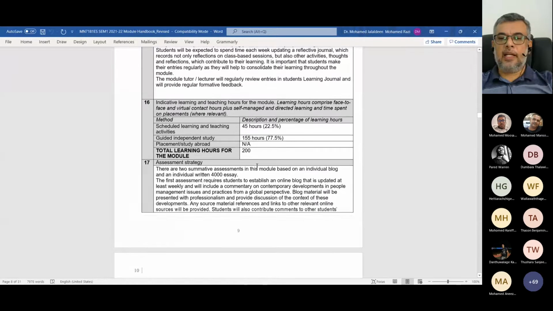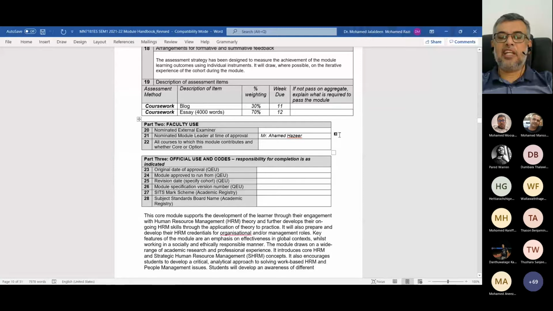Then, guys, I believe you might be interested in this particular part, the assessment. Basically, there are two assessments. One is a weblog. If you are not familiar with weblogs, according to Lasita, they will give you an understanding of how to create a blog and all. How to create and maintain a blog is basically a technical part. But from my perspective, as a lecturer for this module, the content is what is important for me. The technical part, I believe you will get training from ESOP if you are not familiar, right? I will show you what weblogs look like during our discussion. But at the moment,